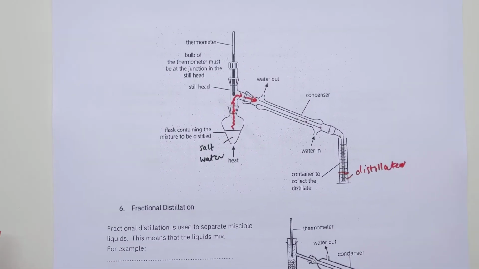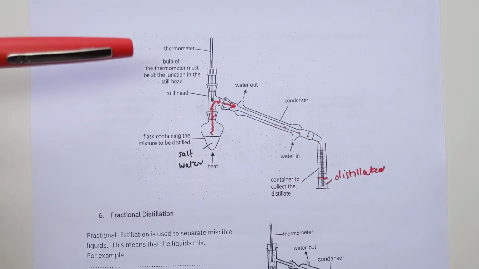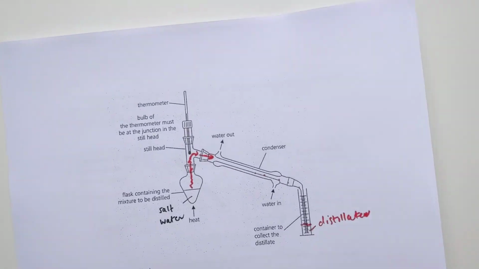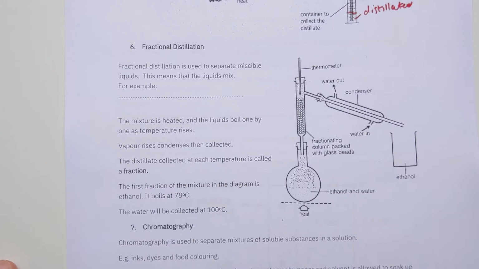So normal distillation, we were trying to get a solvent back from a mixture of a solid and a liquid. So if I had salty water, I want the water away from the salt. We would use fractional distillation if I'm trying to get two liquids apart. So you might be thinking, hold on, we've already done two liquids. We used a separating funnel for that. That was when we had two liquids that didn't mix with each other, so form two layers, which is quite